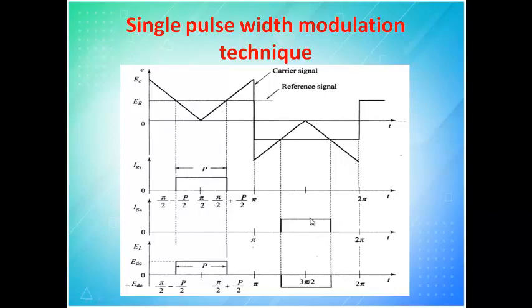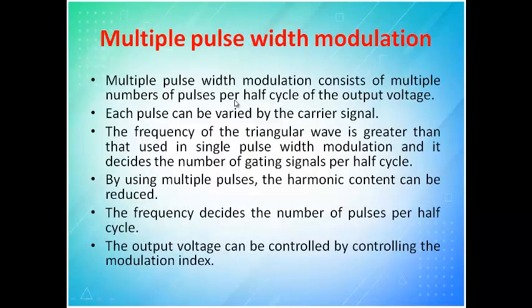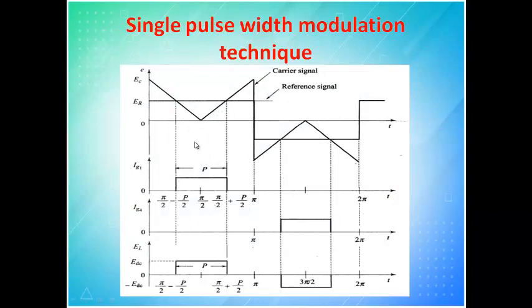So you can get a variable AC output depending upon the carrier and the reference. So now we move on to multi-pulse width modulation, the number of pulse width modulation. So here when you see here, let us assume, when the reference is here, there is no output here, and similarly there is no output in this region. So what happens is, it is not a perfect output, so there is more region where you freely leave it.